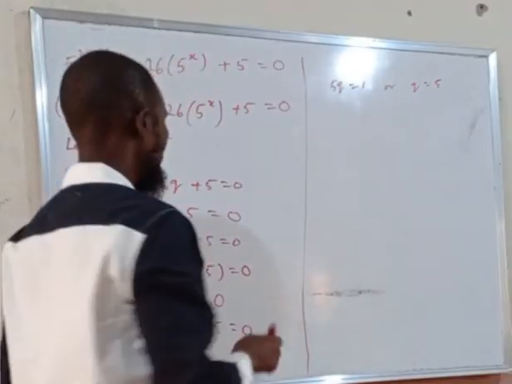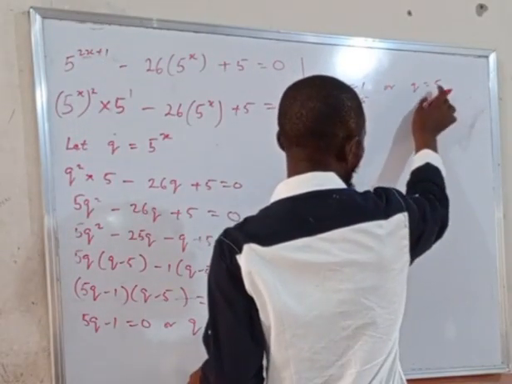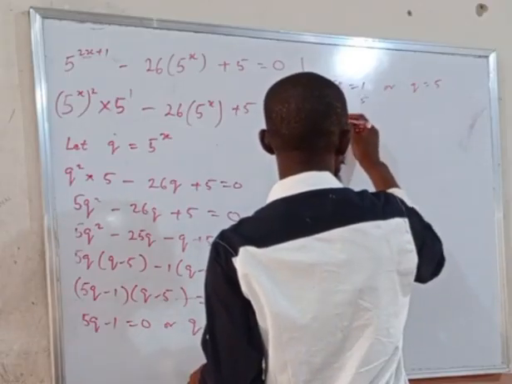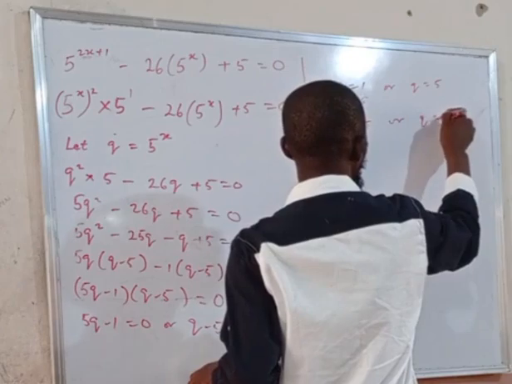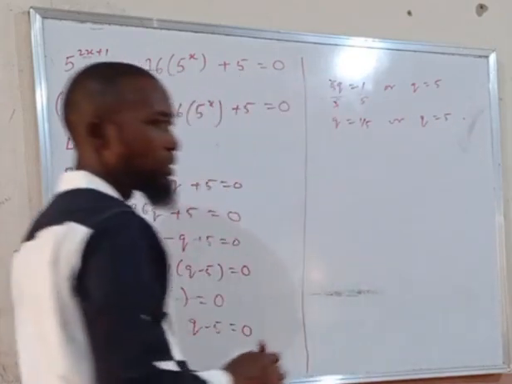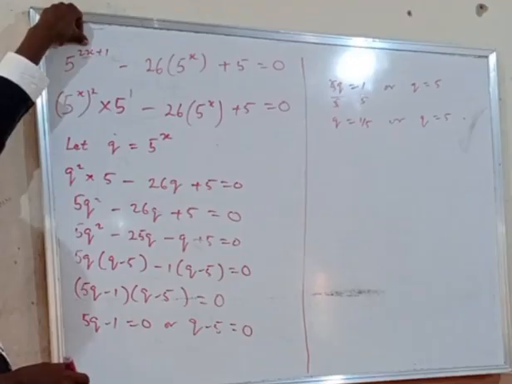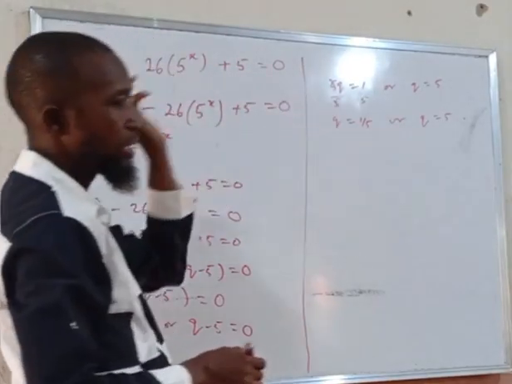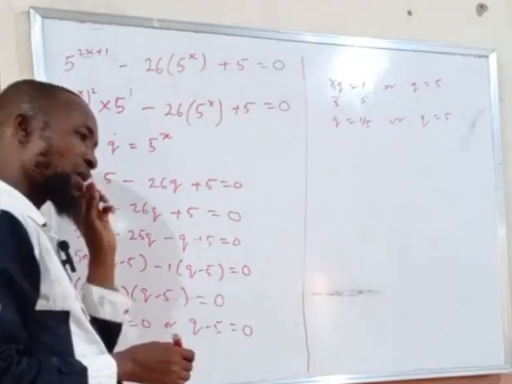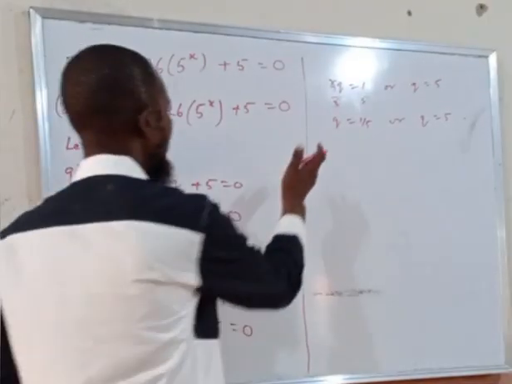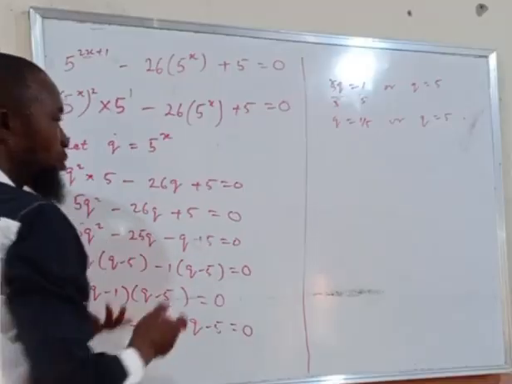Right? Now to get q, what do we do? Divide both sides by 5. We've already gotten q here. This cancels this. Q is equal to 1 over 5, or q is equal to 5. But initially we have to find what? X, not q. Definitely, how does q get into this solution? Go and trace it. Trace your steps from here. Continue tracing it until you get to the area where q